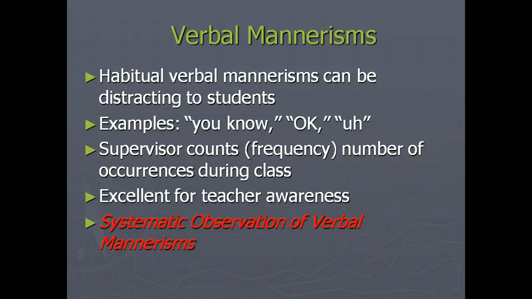Finally, my favorite systematic observation tool is the verbal mannerisms systematic observation tool, because I do this quite a lot. Habitual verbal mannerisms can be distracting to students. Examples are "you know" and "okay." The supervisor counts the frequency or the number of occurrences during a class. It's excellent for teacher awareness for them to be able to know that they're doing it. Many times we use these verbal mannerisms as transitions from one sentence to another, especially when we're nervous and we know that somebody's watching us. It's not very often that we do this later on as we mature and get more experienced. But the name of the systematic observation tool is Systematic Observation of Verbal Mannerisms, and it's located in the folder